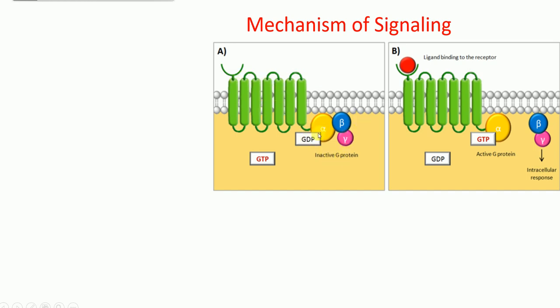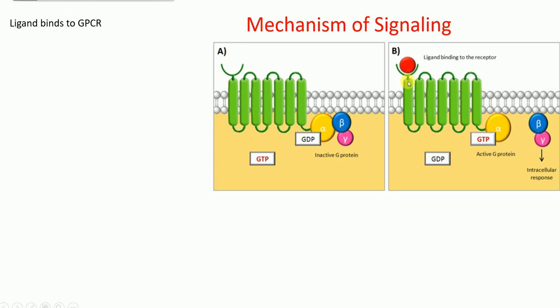Why is it the inactivated state? Because there is no ligand binding here. This site here is the ligand binding site, right? So what happens when a ligand binds? For example, this red thing here is the ligand. When this ligand binds to the G protein coupled receptor, and the ligand binding site of the receptor is extracellular, as you can see here,